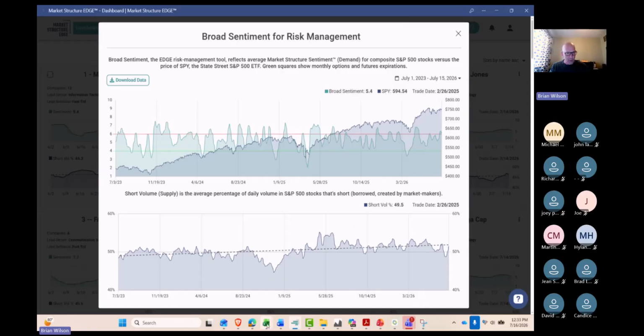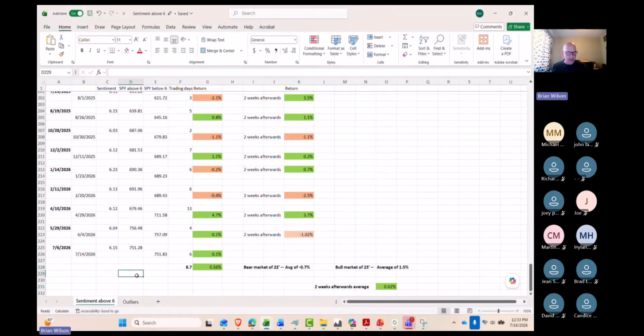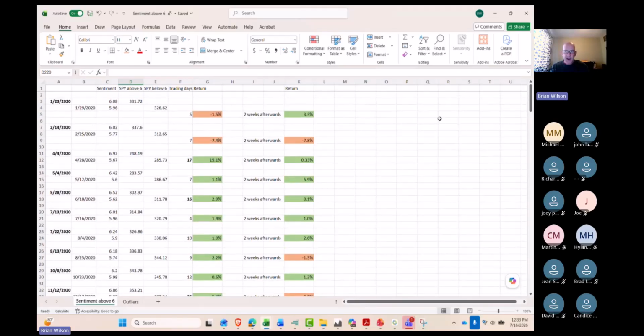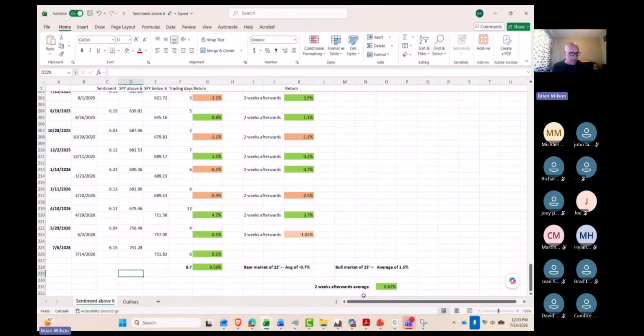And what happens when we do hit that red line? I'm not going to spend a lot of time with this, but this is just a spreadsheet that I keep. What this is looking at is data going back to 2020, and it's measuring performance above the red line itself. So when we get above those red line conditions, think of it as the market getting stretched. And it usually does not mean that the market falls apart. Now, there are outliers, of course, but over this time frame, which is going on about 7 years, the average return is about 60 basis points.